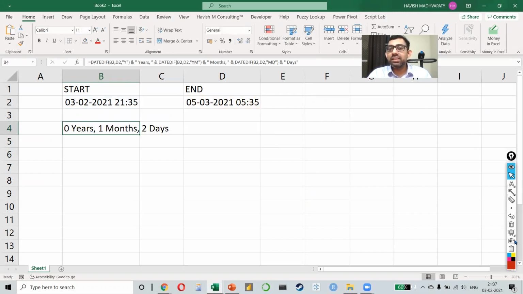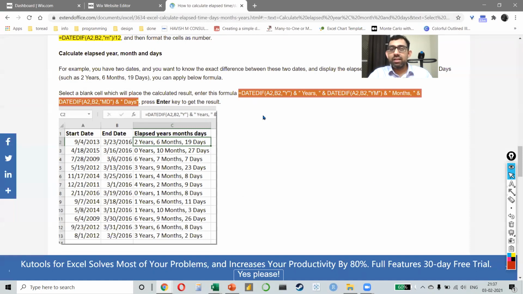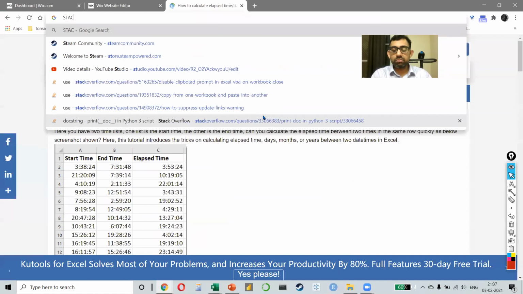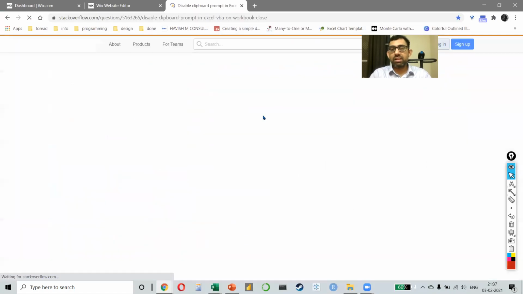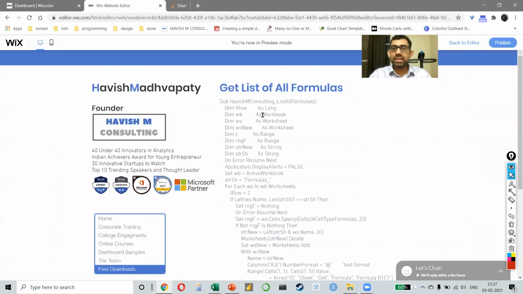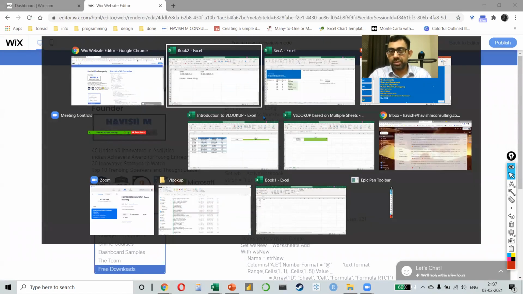Again, this is just an example that I wanted to show you, but a lot of people feel that as a programmer, we can go to, let's say, Stack Overflow and ask different types of questions. And for Excel, we feel that maybe we don't have all these options with us.